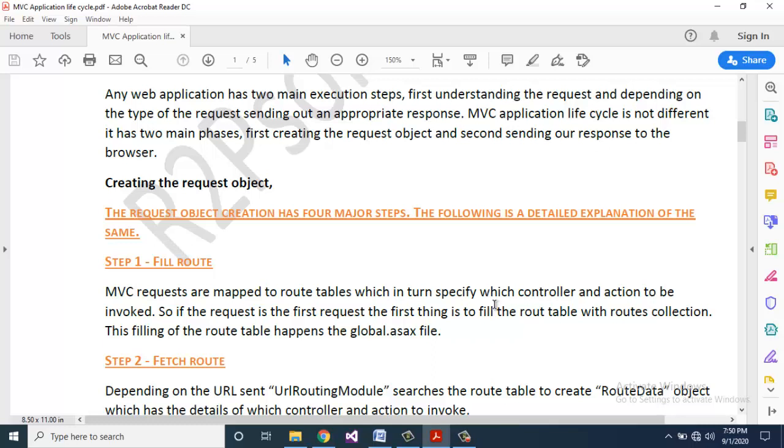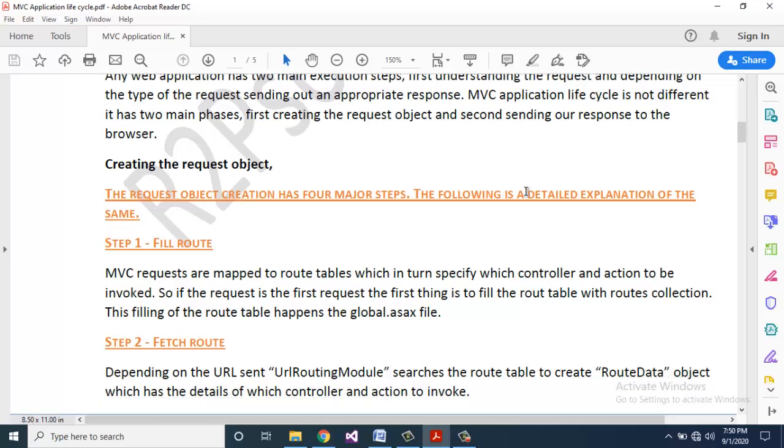So if the request is the first request, the first thing is to fill the route table with route collections. This filling of the route table happens in the global.asax file.